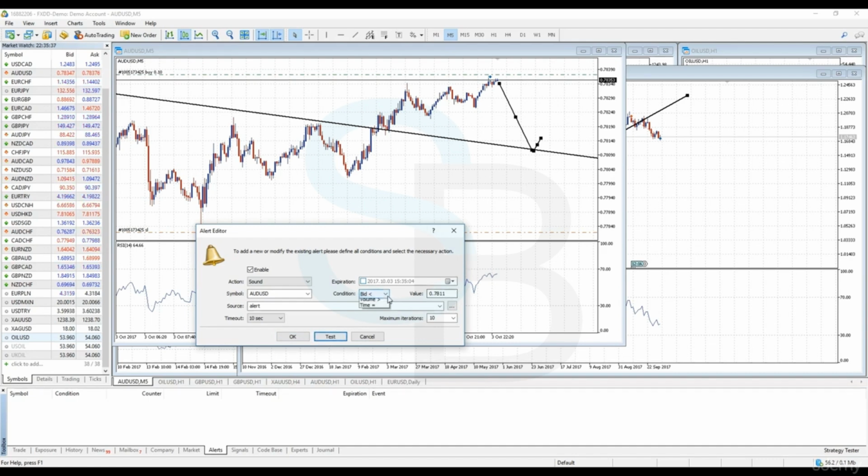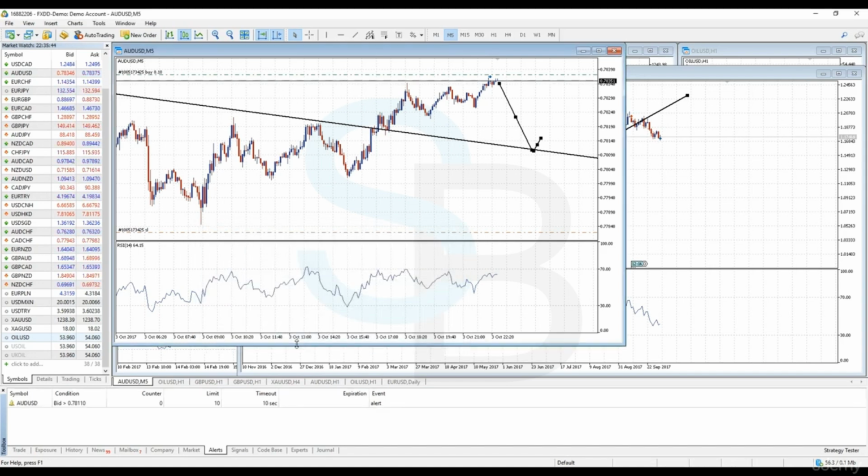Now if the bid is greater than 0.78, we will also be alerted. So I'm just going to go ahead and hit OK, so then you guys can hear the noise. So there it went, because you see the price is greater than